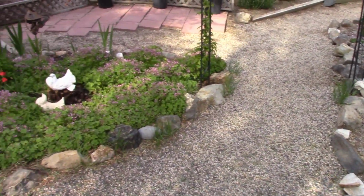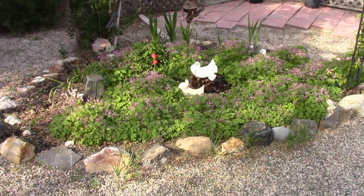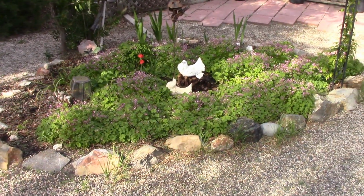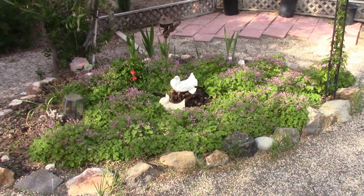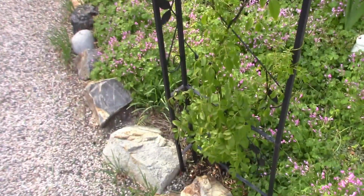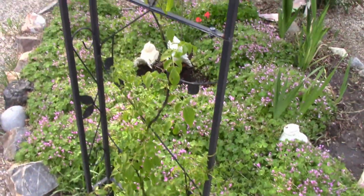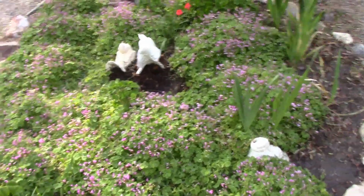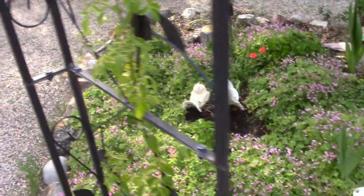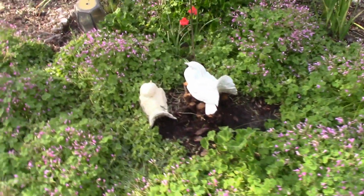a little bed here in the middle with oxalis, which is technically a weed, but my mom gave me a few and they've just spread, and they're pretty with pink flowers. During the day they're bright pink and opened up. Okay, and on this side of the trellis we have another vine that's coming up, and that'll have pink and white flowers. Those doves my grandma made in ceramics class when she was in her 90s, and so I really